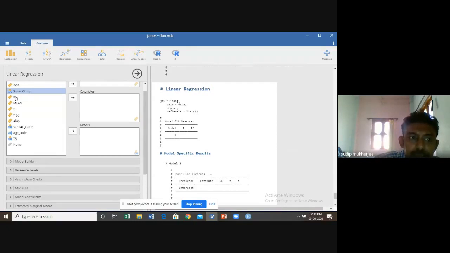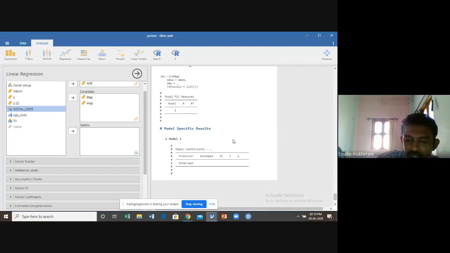So everything is there. In case of multiple regression, suppose, just without meaning, I give you age as the dependent variable and ALP and BLP as the covariates. So this is the multiple regression, where the independent variables are more than 2.